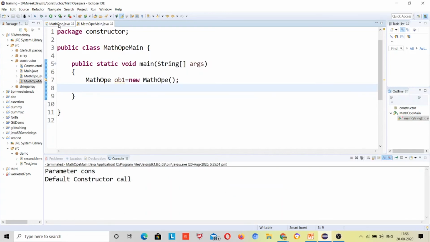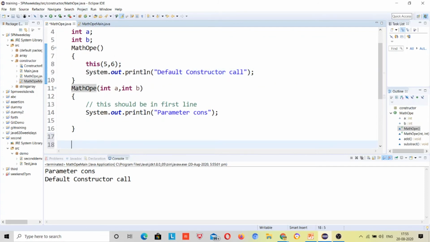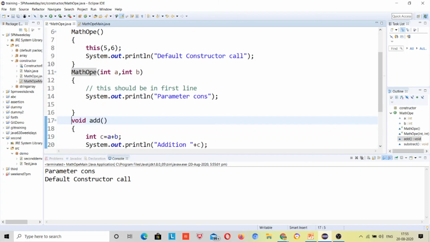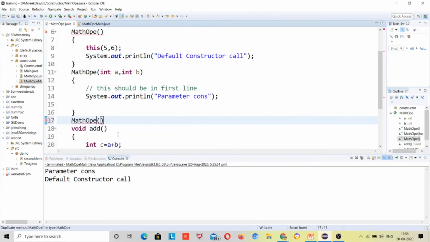It's so simple, right? Suppose I make another constructor, sorry, the constructor name will be the same as the class name, with string name, string email.